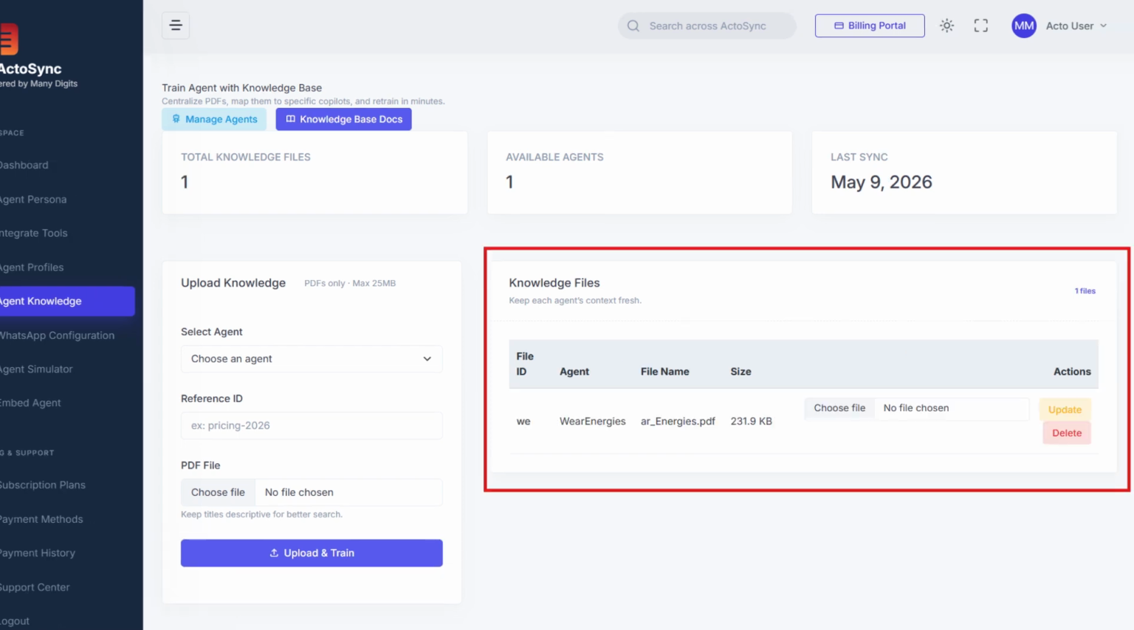After training is completed, your AI agent will be able to use this knowledge to answer customer questions more accurately and efficiently. With Agent Knowledge, ActoSync helps you create smarter AI agents trained specifically for your business operations and customer